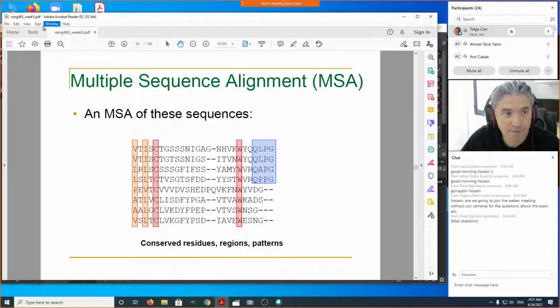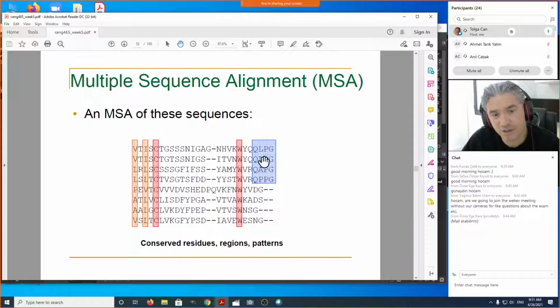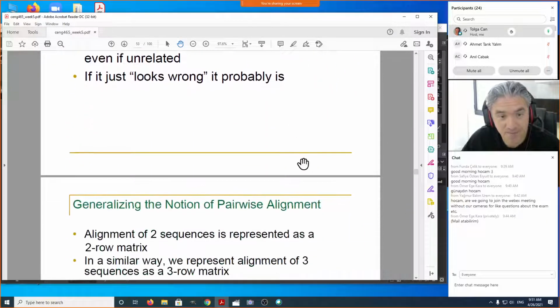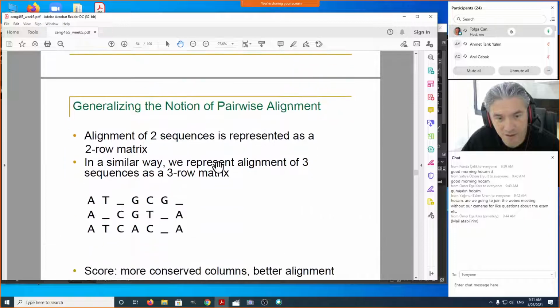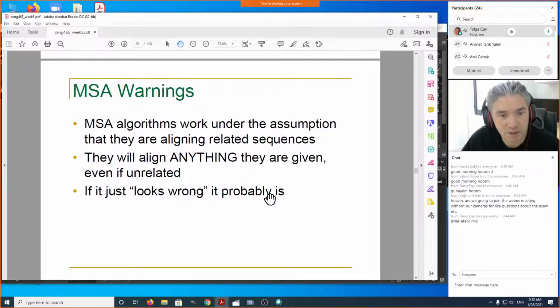So if we take a look at this alignment, we also mentioned that we can start from these pairwise alignments and try to build this multiple sequence alignment. And all the heuristics we're going to see do something like that. They use pairwise alignments between sequences to build a multiple alignment. Because if we try to build this multiple sequence alignment from scratch using dynamic programming, I'm going to talk about that now.